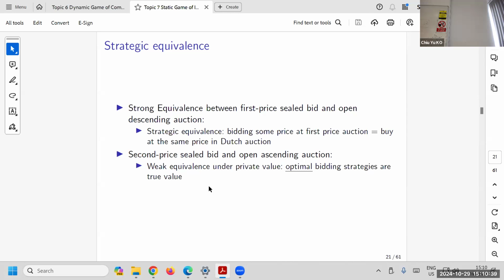And the second price auction and the open ascending auction are the same, right? English auction, right? If the price goes beyond what you want to pay, then you just get out. So that's why the English auction is very common. Whether you stay in the auction depends on whether the price is still below your value. You still remain there. If you're beyond, then you should just get out. That's the same as the second price auction, because you just tell the truth, and you are not paying more than what you're supposed to claim, so you always have some surplus.